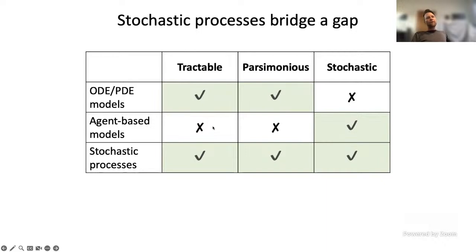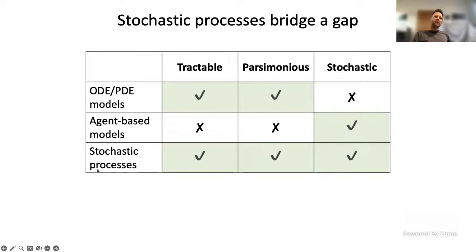But all of these models, especially when you include spatial structure, tend to be less tractable, because we don't usually have very good ways of analyzing complicated behavior in these models, and they're less parsimonious. You have to put a lot of different rules and assumptions into these models to get out the kind of behavior you want, and someone else might approach the same problem with a different model.